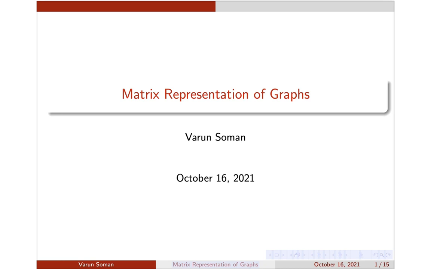As I told you, we are not interested in how the picture of the graph actually looks. A graph can look in any form. All the forms would be isomorphic. We are only interested in the connections between the vertices. How many edges are coming out of a particular vertex? To which vertices are these edges going? So what we will do is represent the graph in a compact form using matrices. These are basically used to calculate the properties of graphs using computers.